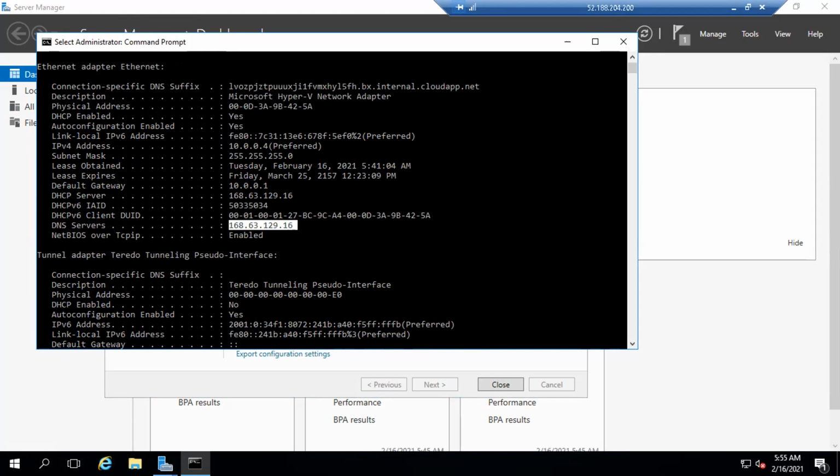So when you ping yahoo.com or google.com, it actually translates the name to IP. Your request first goes to DNS. DNS resides in network services. Just minimize this remote.